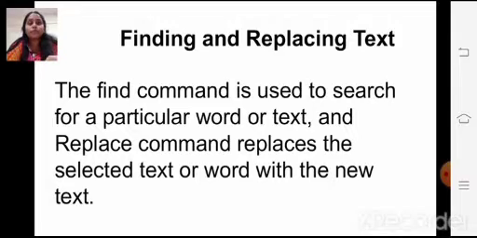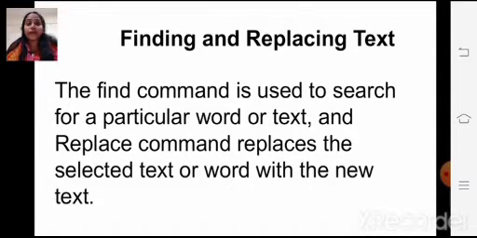So what will you do? You will find the laptop word and you will click on replace. In the replace box, you will type what? Desktop computer. And once you click OK, it will get replaced automatically wherever it is written. If you have written it 100 times, you can replace it 100 times with just one click. So it is so easy to do the find and replace command.